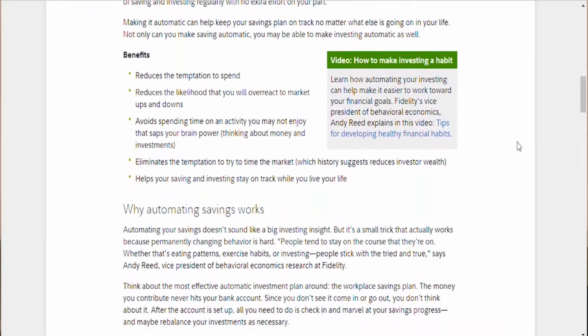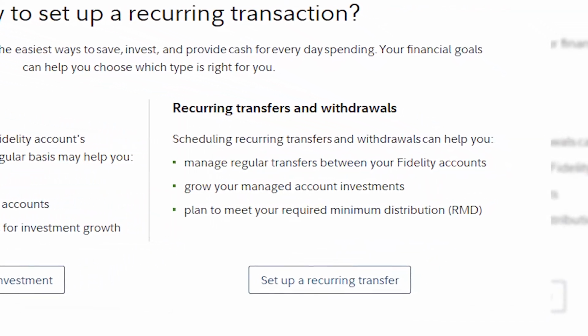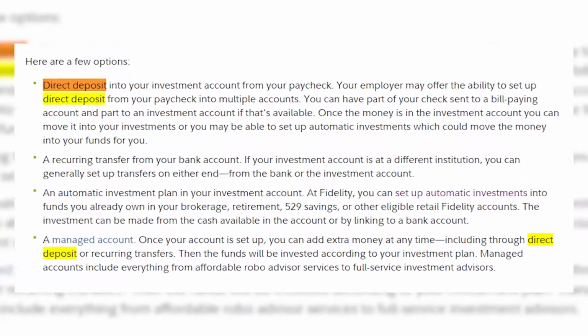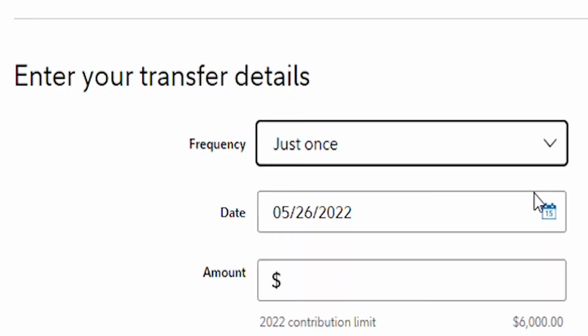I'm going to start with Fidelity since this is the brokerage account that I use for my Roth IRA. This is the account that I maxed out first because of the tax advantages. Fidelity gives you multiple options for automatic savings and investing. The savings part is how you can get cash into your account. You have the option to set up a recurring transfer from your bank account, or you can even set it up with direct deposit. Automatic transfers can only be for monthly deposits.